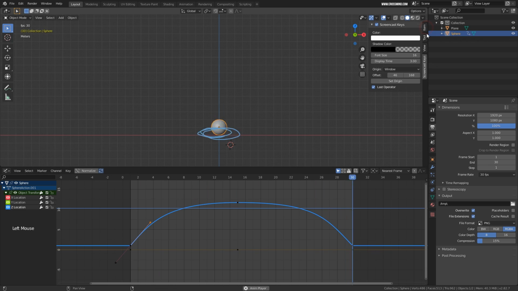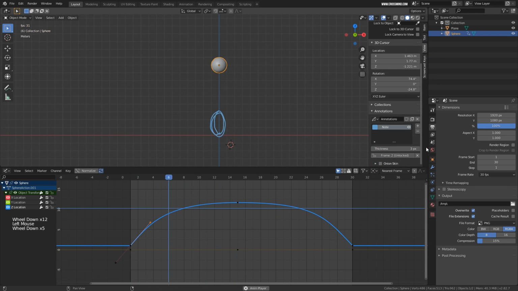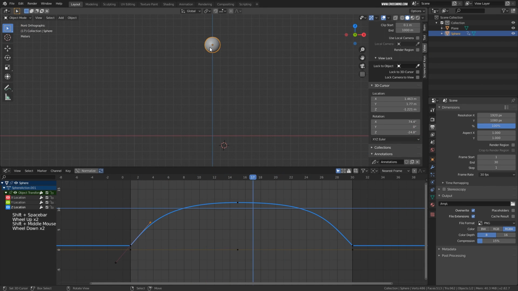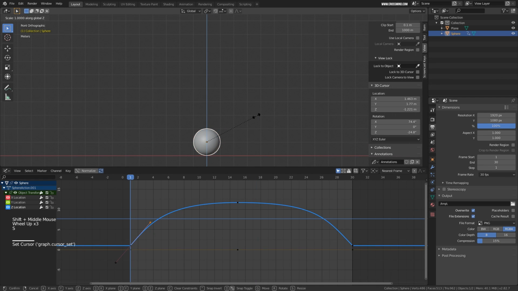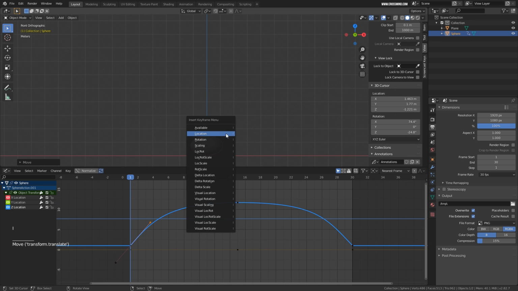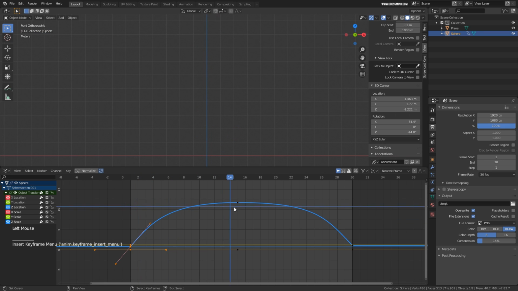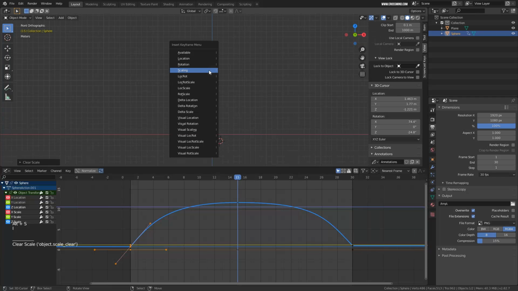Okay, I'll just delete this sketch. Go to View, Annotation, delete. Okay, so now we'll try to do the same thing with the scale parameter. Let's go to frame 0 and scale this in the Z direction like this, and scale it up. Move this down, press I, and since we moved this one as well, I'll press location and scaling. Okay, go to frame 15, Alt S to reset the scale,